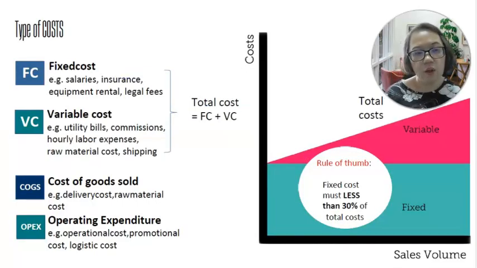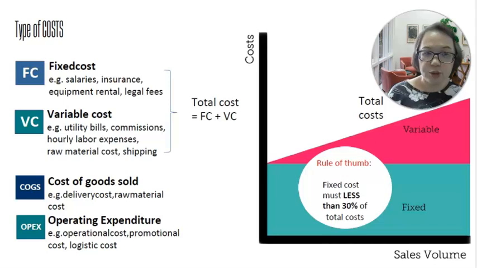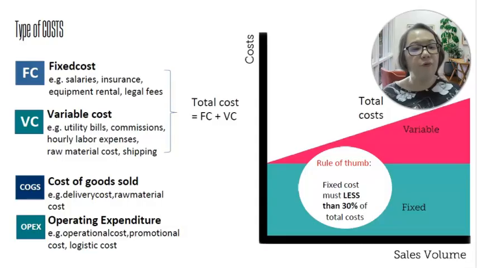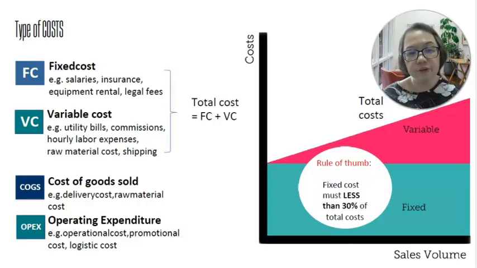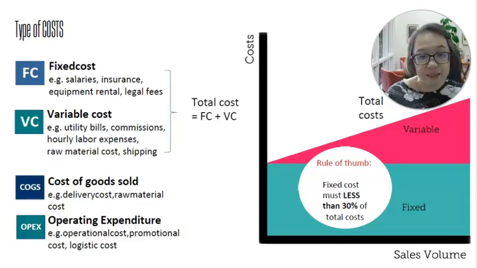Besides that, we have to understand some costs will be fixed during a certain period of time. For example, we fix for 1 whole year. For example, the salary, the insurance, the rental, normally it will be fixed for 1 whole year. But some other costs like electricity bills, water bills, and raw material costs might change, because raw material costs depend on how much we want to sell every month, every week, or even every day.